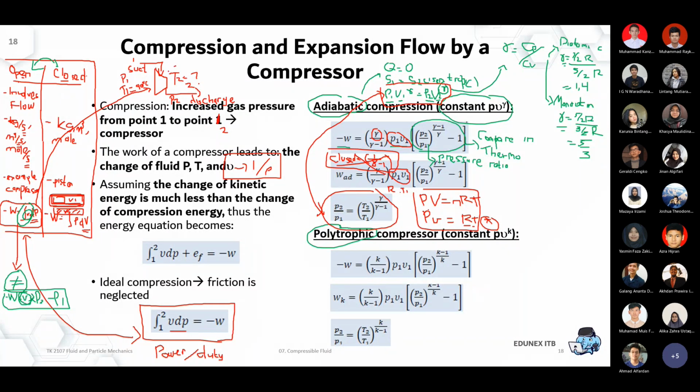How hot is it going to be, the temperature at the discharge point? Then you can simply use this correlation. You know the pressure ratio, and then use the Cp per Cv, or rather (Cp per Cv minus 1) per (Cp per Cv). Then obviously you can get the T2 very easily. Any questions so far about the adiabatic system?